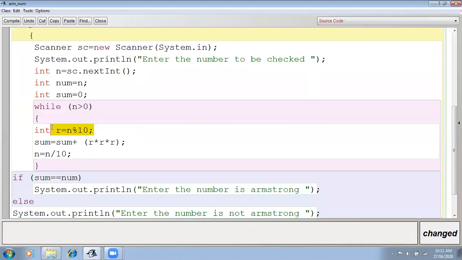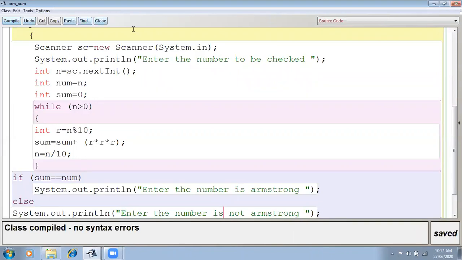We are taking the remainder each time, so we are separating each digit, then calculating the cube of the separated digit, meaning the remainder, and performing the addition as well. Then the updation of n. After completing the loop, if sum equals num, then the number is Armstrong, otherwise not Armstrong.